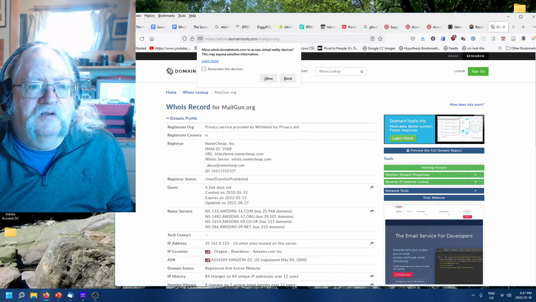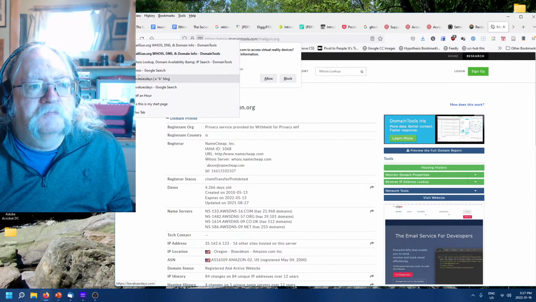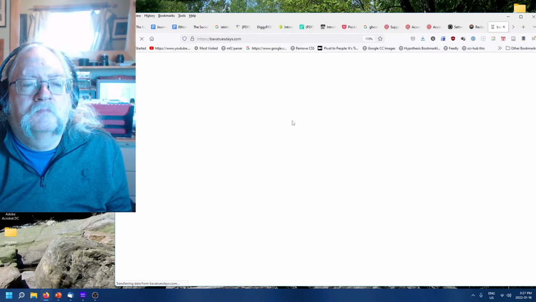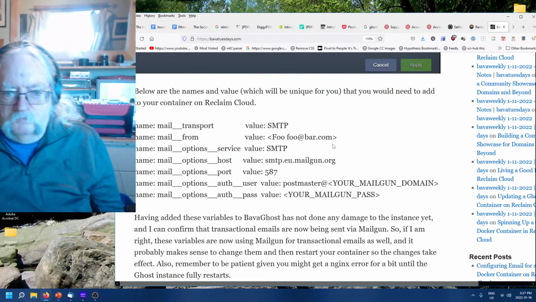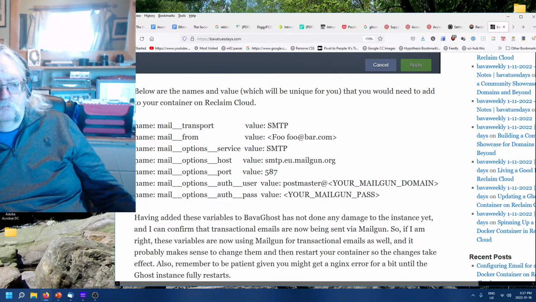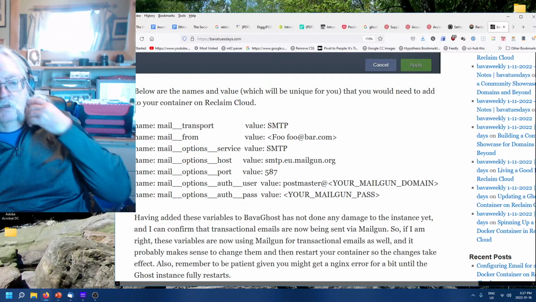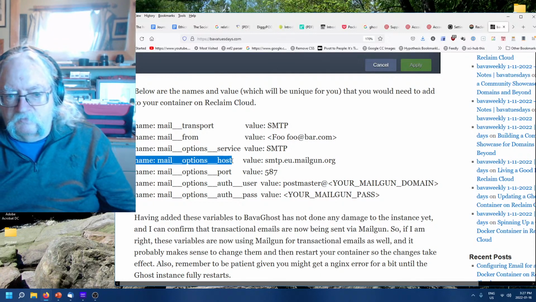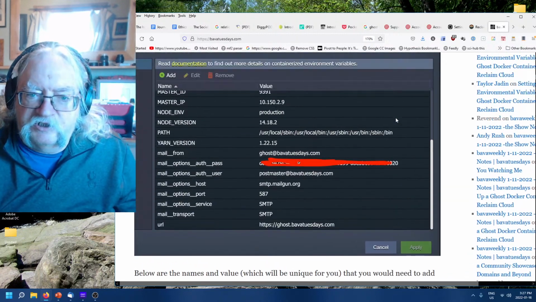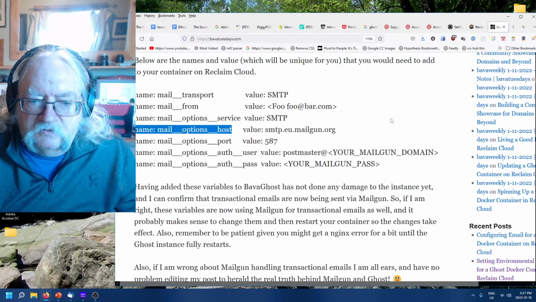I closed this, but really, here we go. So I don't know where to find the port value 587 either. Like, I assume it's the same for me, but